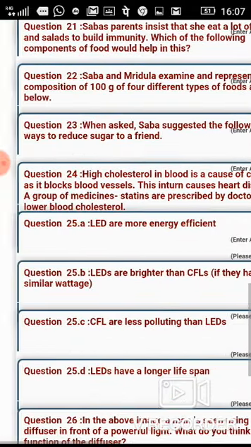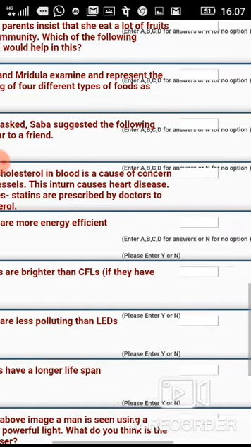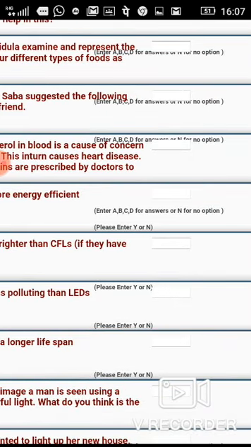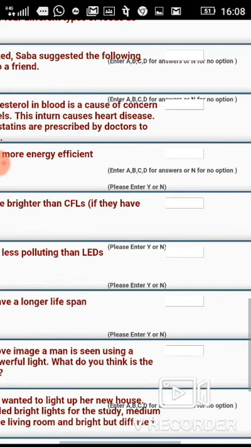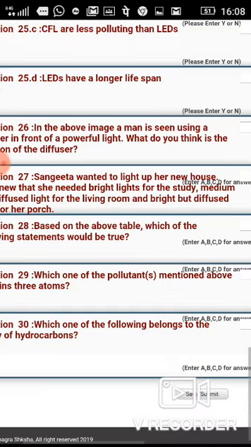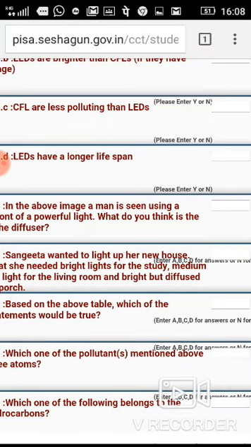But you see that for question number 25 it is written, enter A, B, C, D for answers or N for no option, and please enter Y or N, yes or no. If it is yes, then you type Y, and if it is no, then you type N. Okay, so these are the instructions. So this way you can attempt the questions.